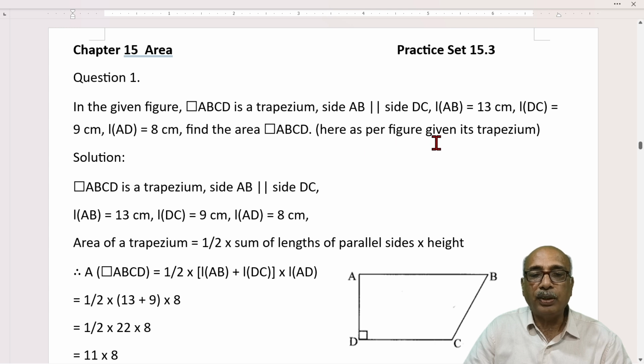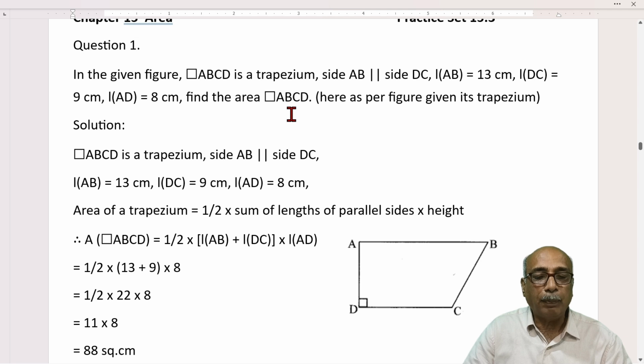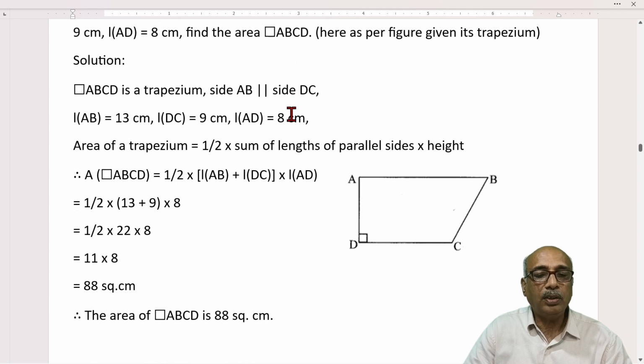Here, as per the figure given, it is a trapezium. You directly have taken trapezium here. In the figure, one pair of opposite sides is parallel and the other sides are not parallel. So quadrilateral ABCD is a trapezium. Side AB is parallel to DC and the length AB equals 13 centimeter, DC equals 9 centimeter, AD